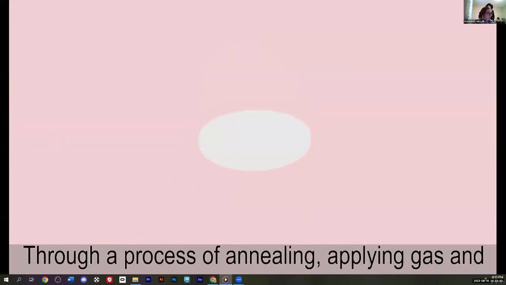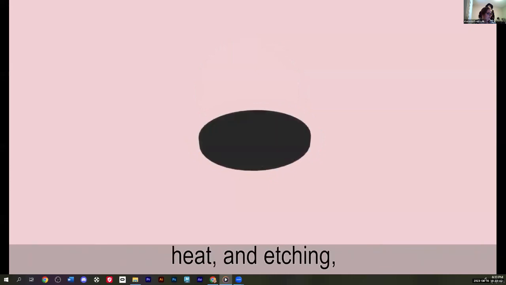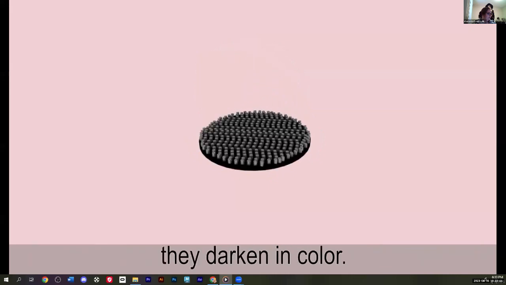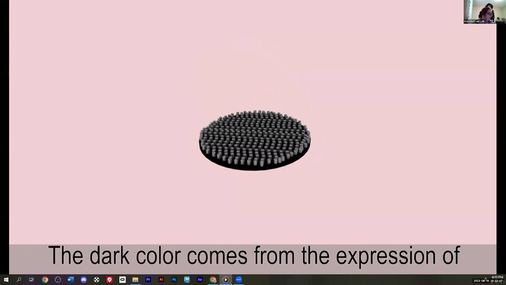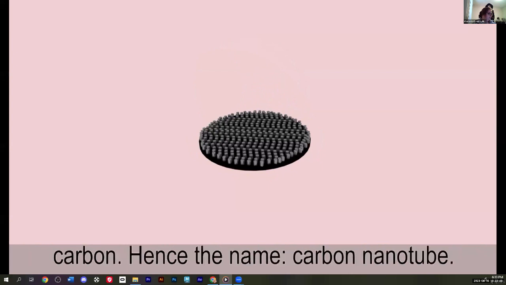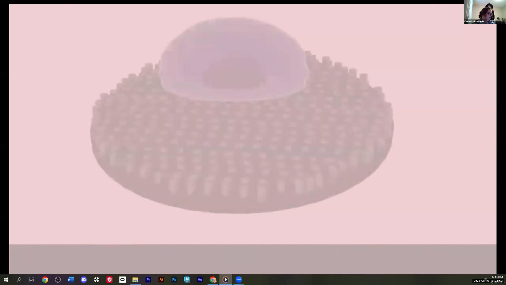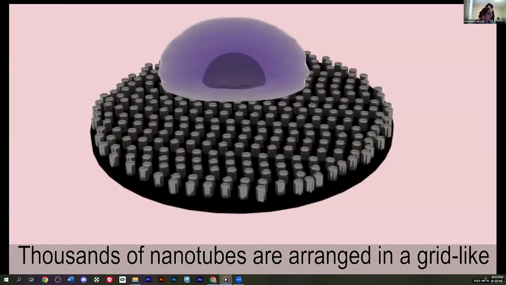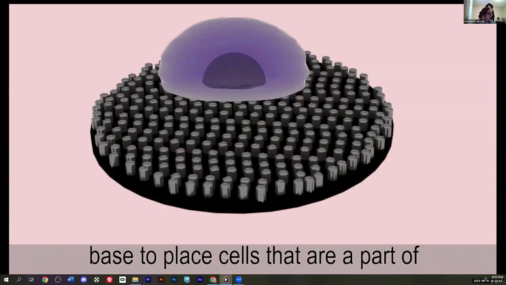Through a process of annealing, applying gas and heat, and etching, they darken in color. The dark color comes from the expression of carbon, hence the name carbon nanotube. Thousands of nanotubes are then arranged in a grid-like base to place cells that are a part of the immune